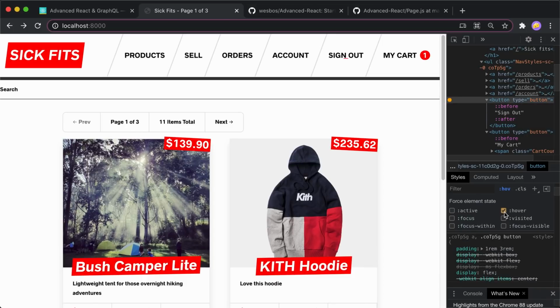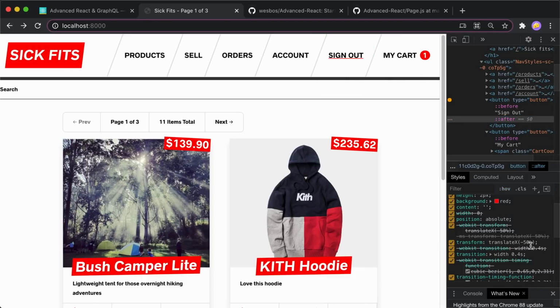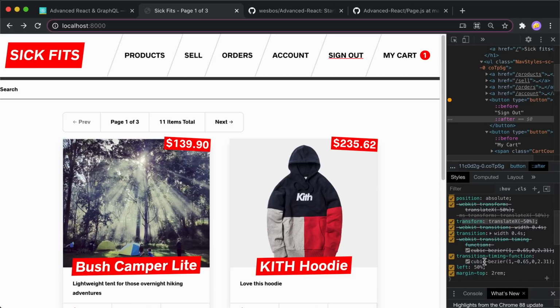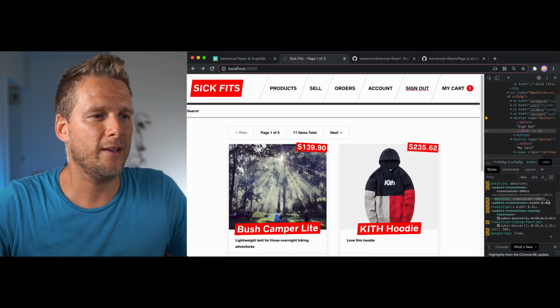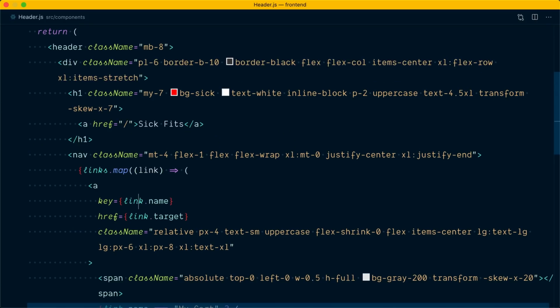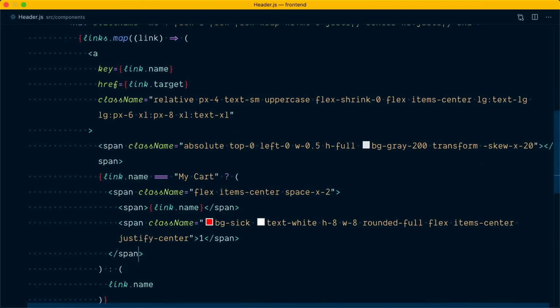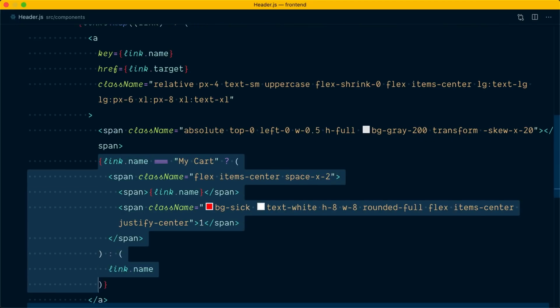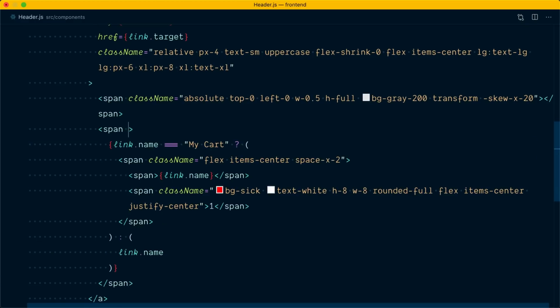So let's trigger the hover state on the button just to see it. You can see that we have a transform translate x by 50%, and then a custom transition timing function. I don't think we're going to use translate x here, but we're going to transform the scale instead, scaling from 0% width to 100% width, and we're going to apply this custom timing function. So we want our little underlined squiggly thing to be positioned absolutely in reference to the actual link text. So that thing here. So we're going to wrap this whole thing in another span, and this span will have